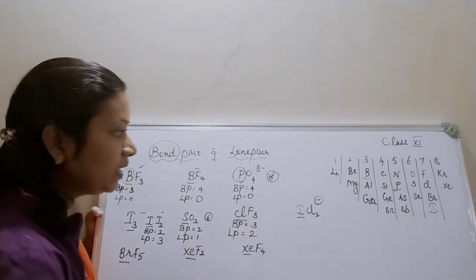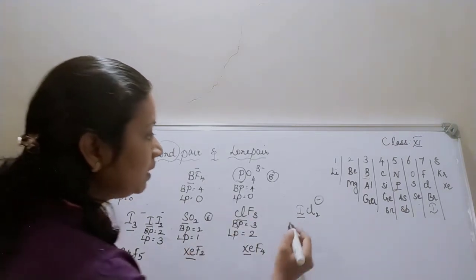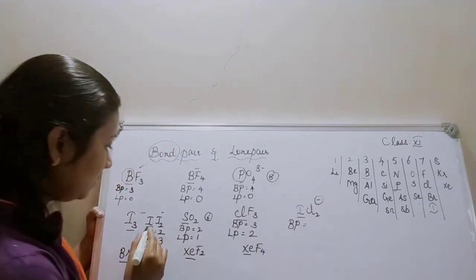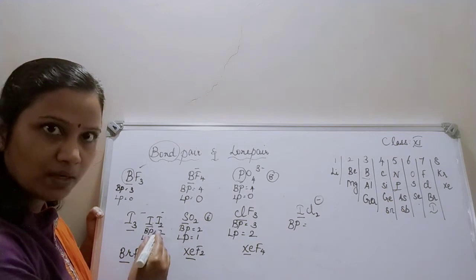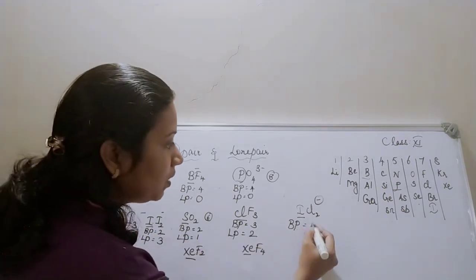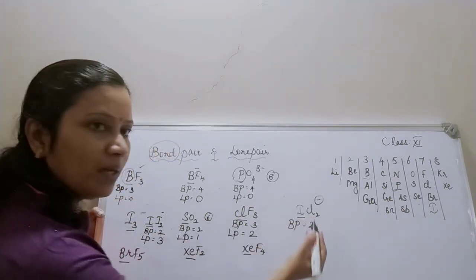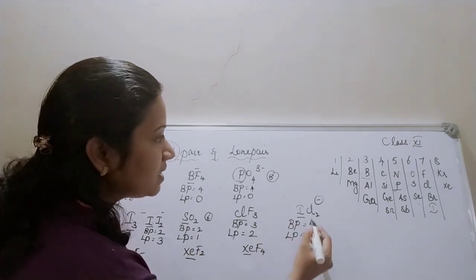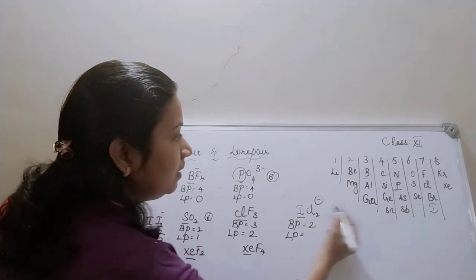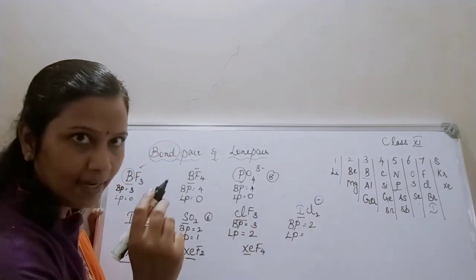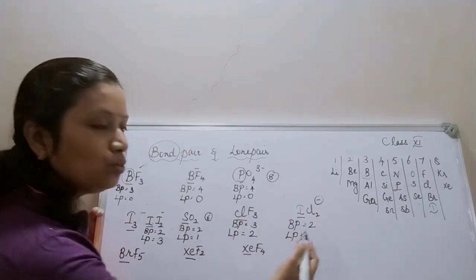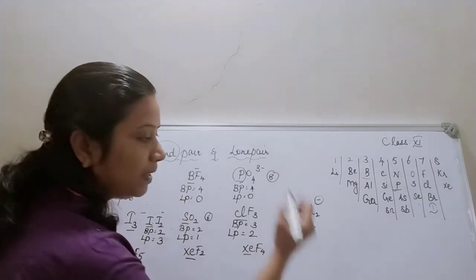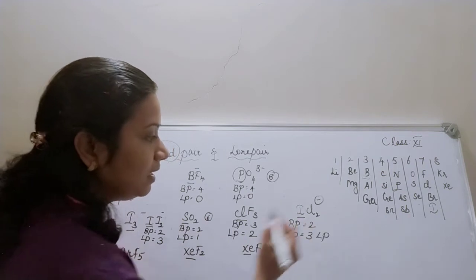Okay, clear. Now, moving to the next problem. How many bonded pairs are present? This ICl2 minus is similar to this I2 minus. That's what I have divided this. So bonded pair is 2. 2 chlorine atoms are forming a bond with iodine. Done. Now what is lone pair? What is iodine's valency? It is 7. Minus sign is there, so 8. 8 minus 2, 6. Correct? But how will I write the 6? 3 pairs. So I will be writing that as 3 lone pairs.